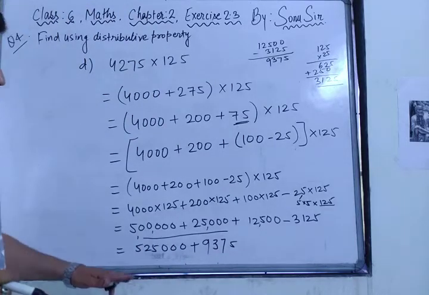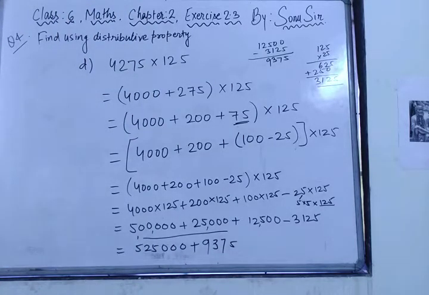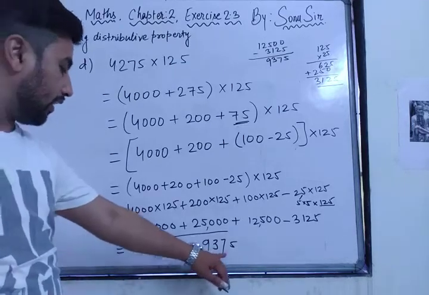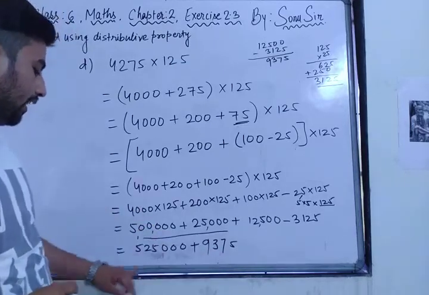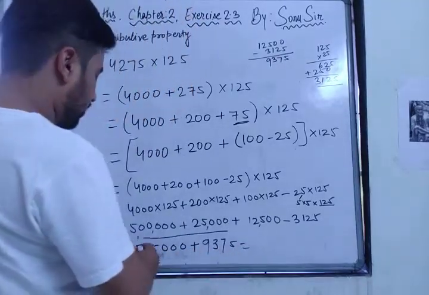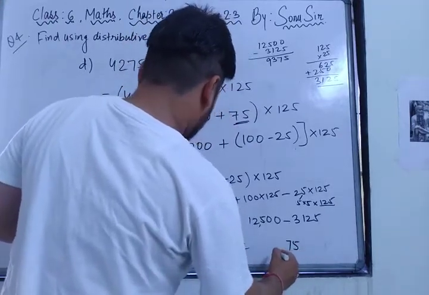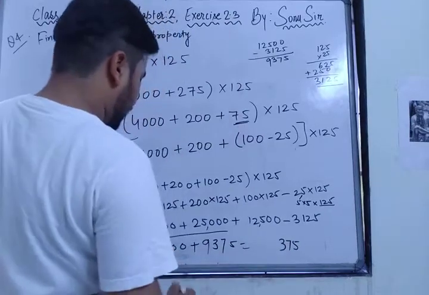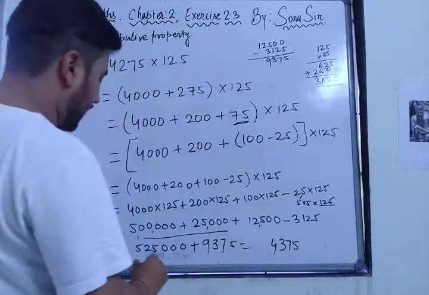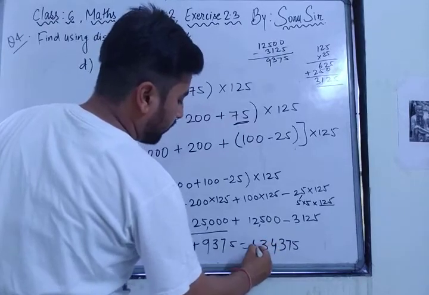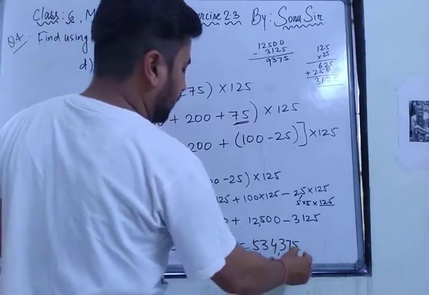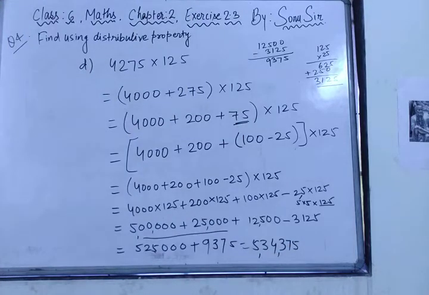So here you can see, after adding these all, what will happen? Now 4 digits are here, 3 digits, 375 will come. 5 on the last, 7 on the last, 3 on the last. Now 9 plus 5, 14, 1 carry, 2 1, 3 and 5. 5,34,375, right? 5,34,375. So in this way you can solve it very easily.